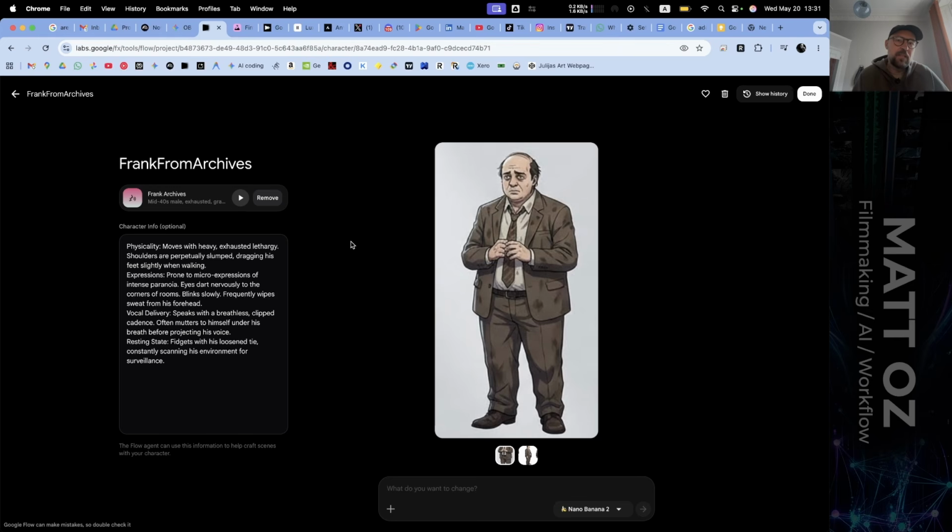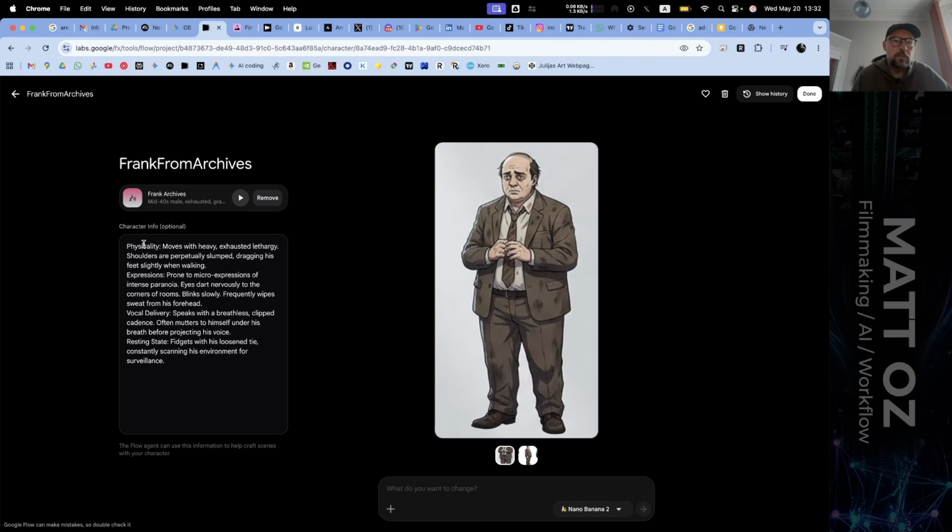And what I've done here is I've essentially assigned something called a character info profile, and I suspect that if you put something in here, it will lock the character to these personas. So that's pretty good if you want to keep your character sort of consistent, playing on his paranoia, eyes darting nervously, sort of just being a typical FBI agent that works in a strange department, let's say.